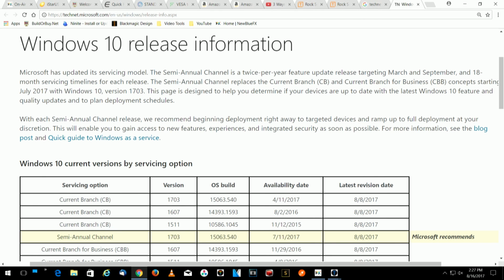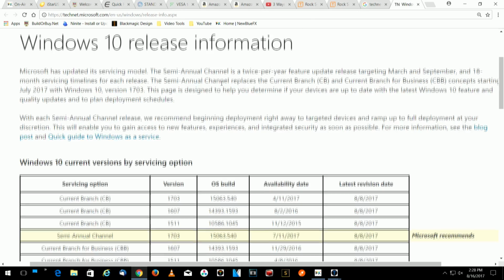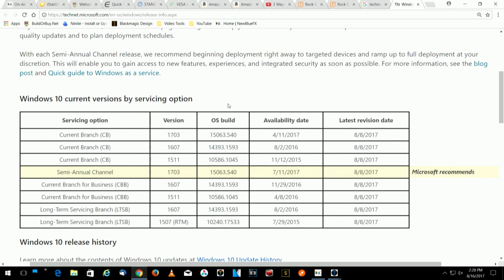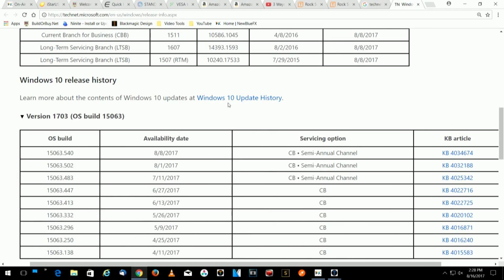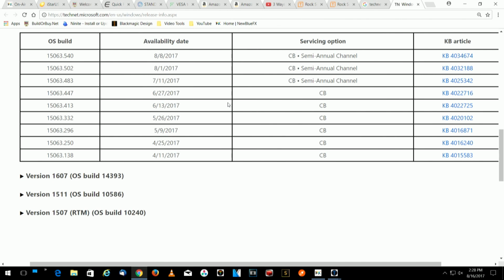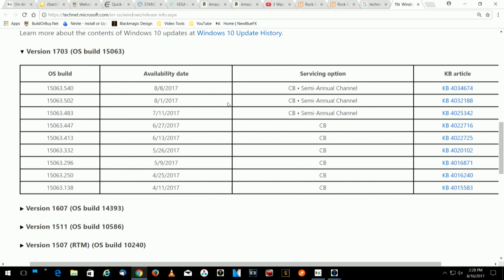Okay. According to the top paragraph, it's current branch. Current branch, okay. Yeah, I'm reading a page that says creator's update, which makes sense, but going by what they say, as of 1703, this is where we're getting all this new nomenclature. So 1703, wow. And this shows up to 540 date availability. And I noticed that the upper chart has a Microsoft recommends highlight on it, which is 1703 540